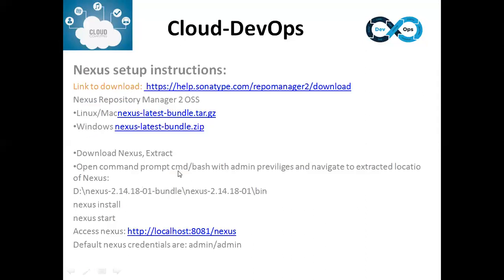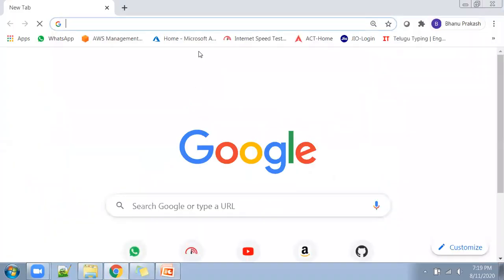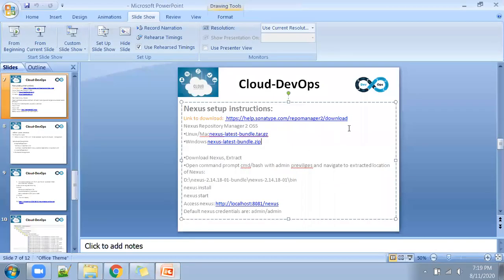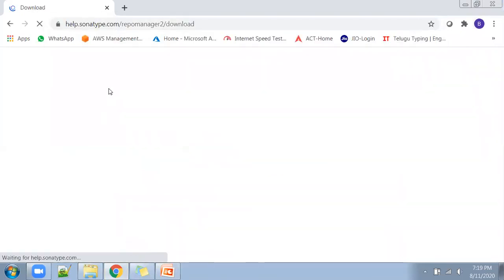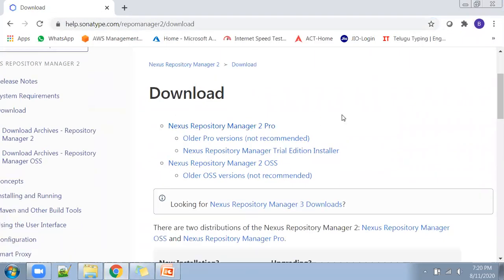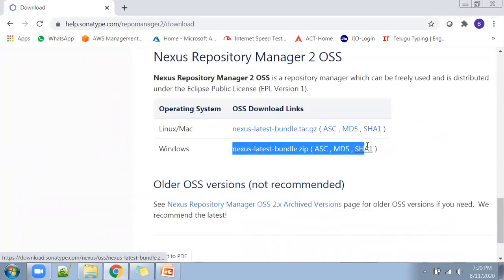I will show you now how we can do that. Navigate to this URL. Here you can see Sonatype Repository Manager Pro. Ignore Pro, go for OSS. OSS Windows, you can download this one.